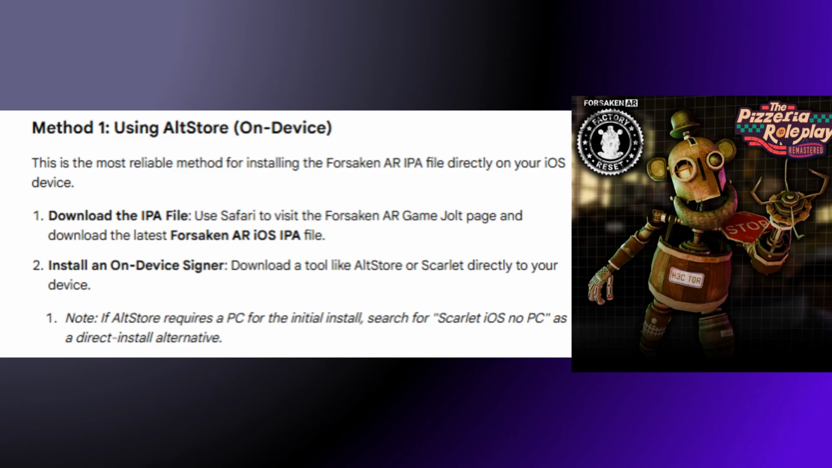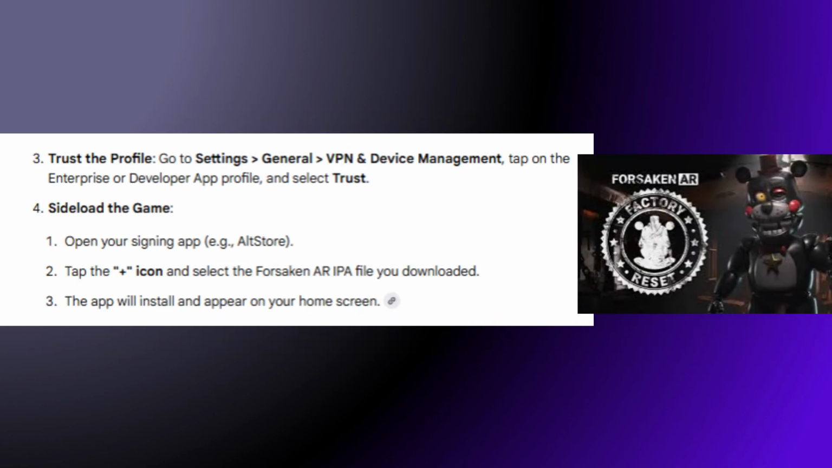Install an on-device signer. Download a tool like AltStore or Scarlet directly to your device. Note, if AltStore requires a PC for the initial install, search for Scarlet iOS No PC as a direct install alternative. Trust the profile. Go to Settings, General, VPN and Device Management, tap on the Enterprise or Developer app profile